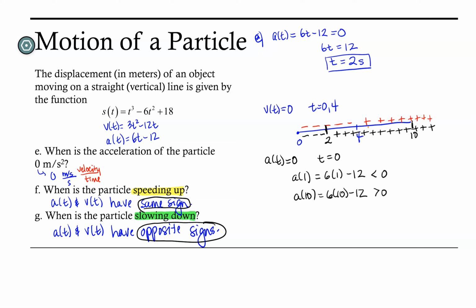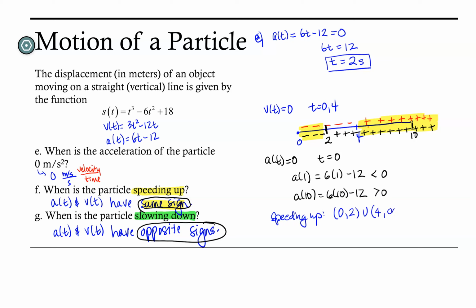On the interval from 0 to 2, we can see that both acceleration and velocity have the same sign, with both being negative. And then on the interval from 4 to infinity, or 4 onward, velocity and acceleration have the same sign. So we can say that the particle is speeding up on the interval from 0 to 2 union the interval